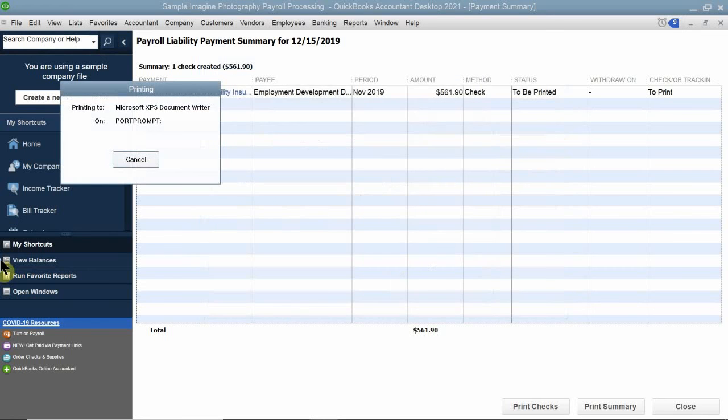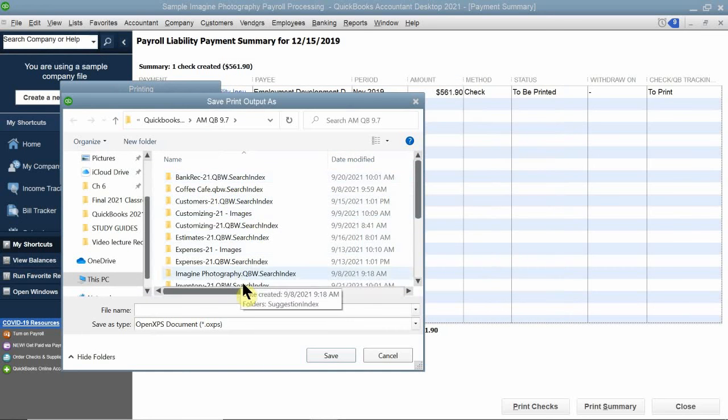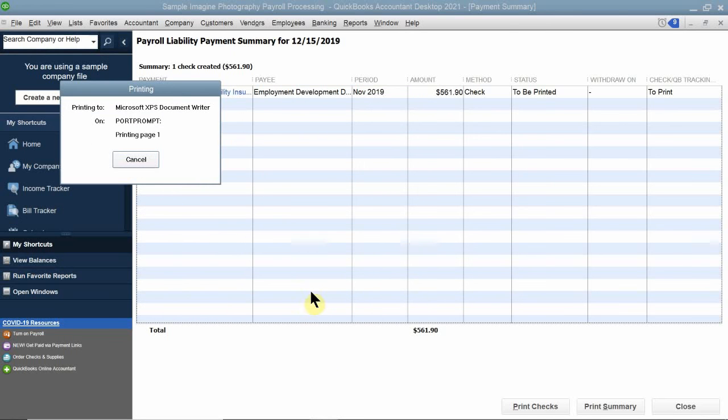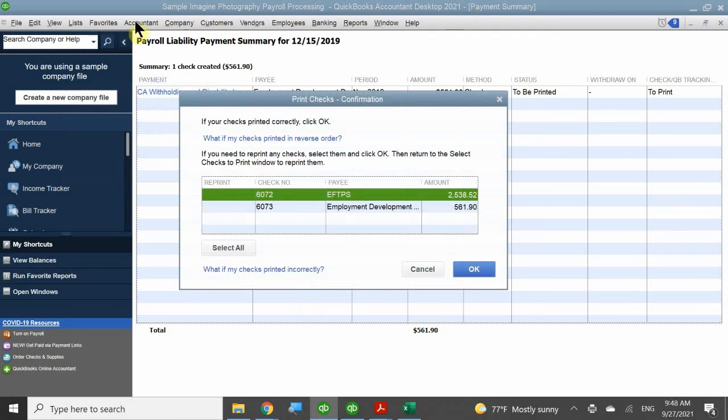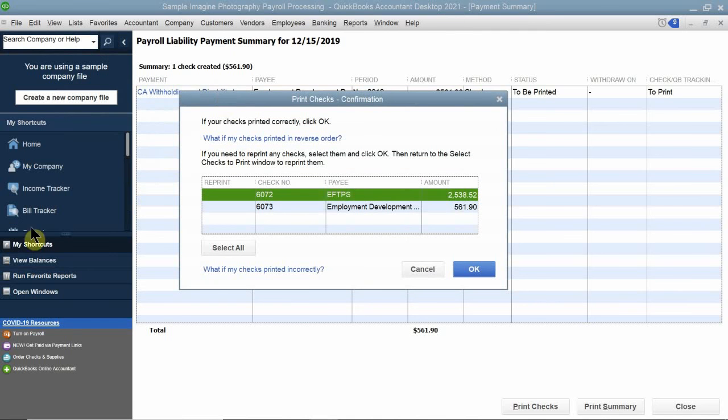All right, but in this case, there you go. And I'm going to go ahead and make this 940, 943, and CA. Okay. I'm going to go ahead and click Save. Okay. So there you go. I print them out. Okay. And I'm going to click